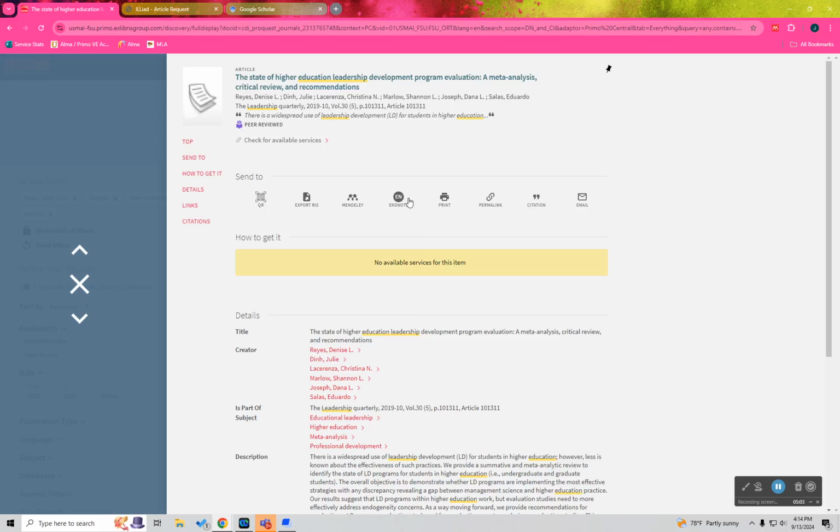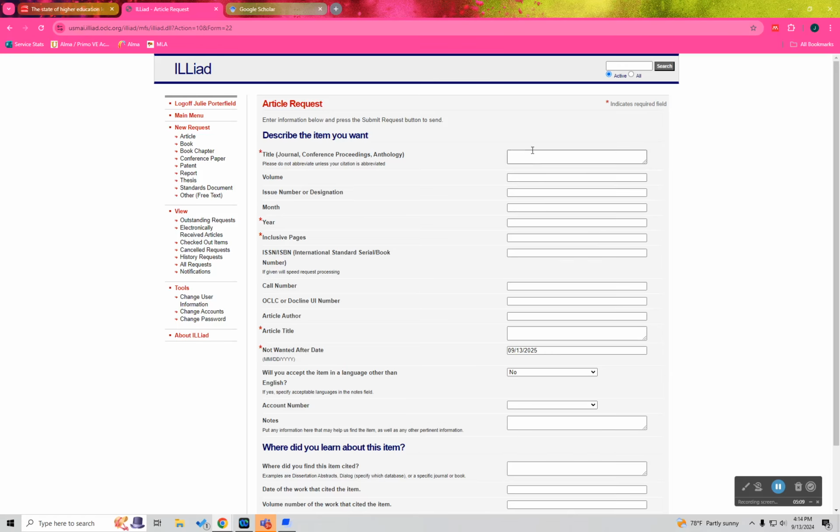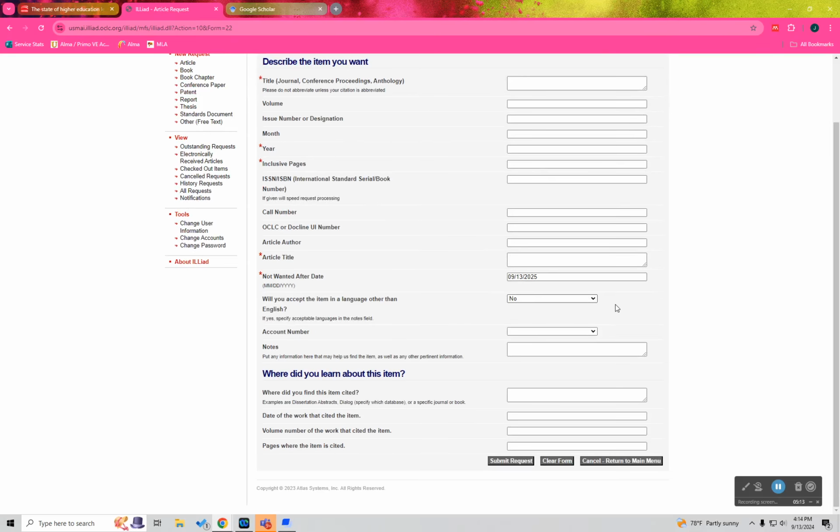Essentially, you just go back to the SearchCat record and find all of the information throughout the record here and fill it out as much as you can. And it'll ask you specifically what is the very last date by which you would want this item. You want to select that because it can sometimes take a while for things to come in through interlibrary loan. I would say at least a week or more you want to give yourself as a cushion,